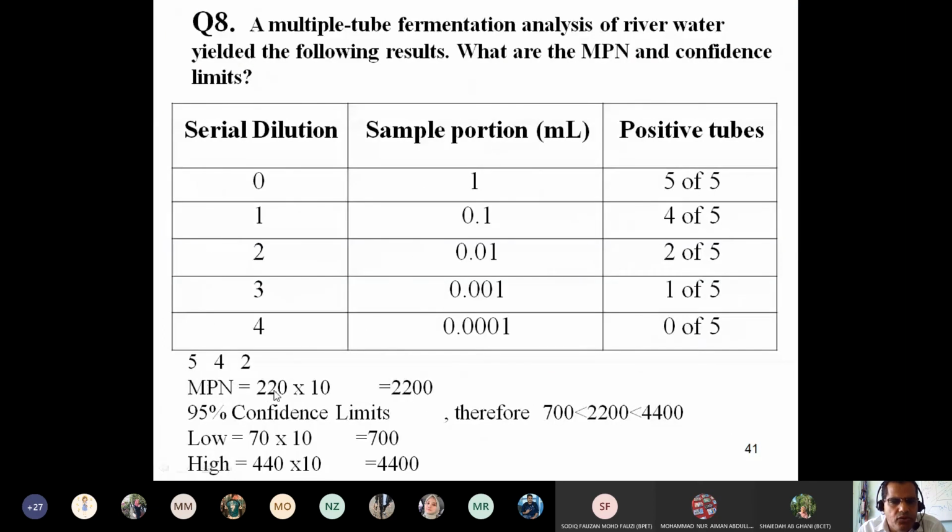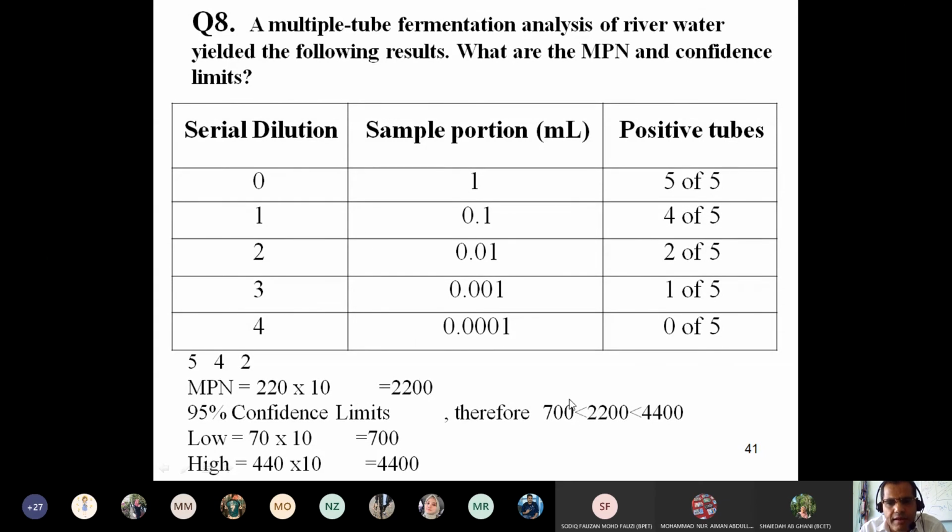this MPN will be 220 multiplied by 10, because this is dilution 10, because I take from the top. So it will be 2200. This is the MPN. The confidence limit will be 70 low multiplied by 10, which is 700, and high will be 440 multiplied by 10, which is 4400. So my range, this is the most probable number here, and not less than